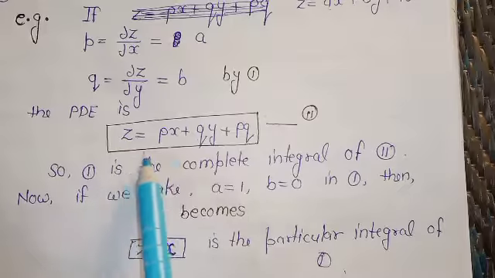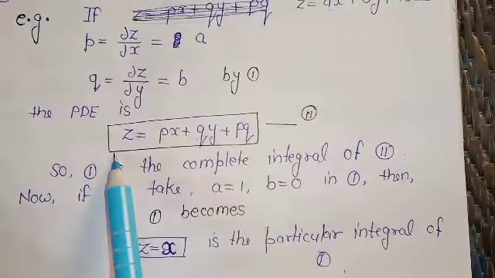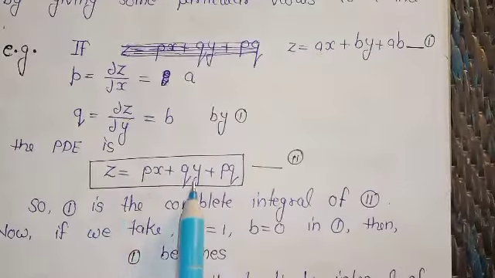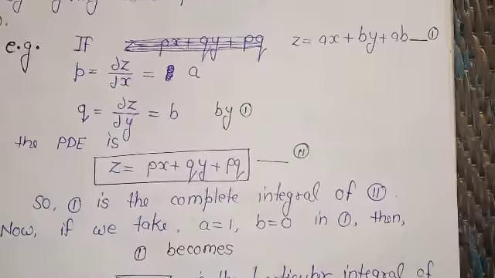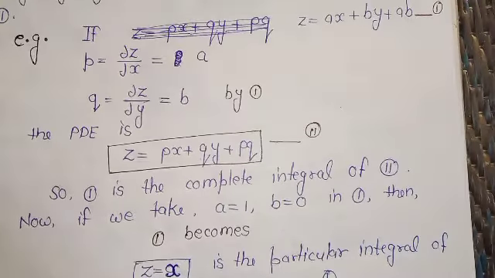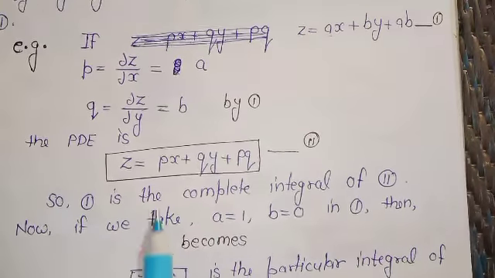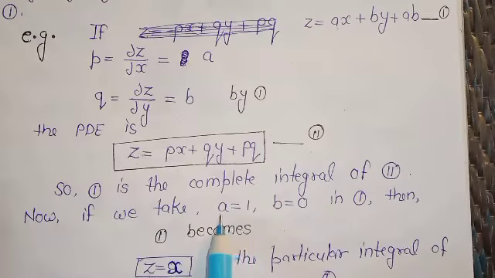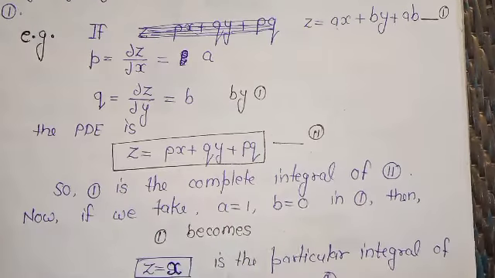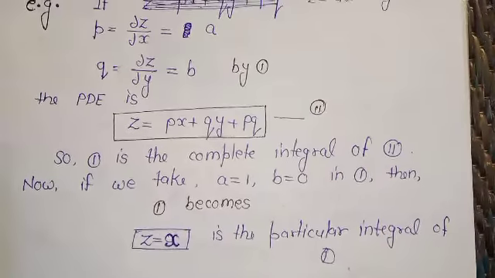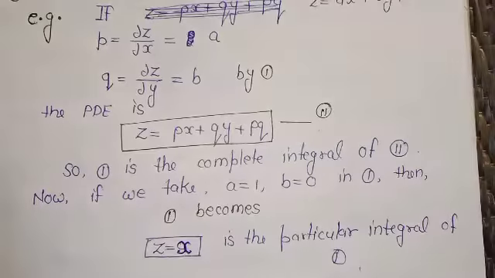In this case we have been given a differential equation of this form. We just try to find the arbitrary constants with the help of this equation. I will take other examples to show how to find the complete integral of any given partial differential equation. And then if we take particular values for the arbitrary constants, that solution becomes the particular integral or particular solution for equation number 1.